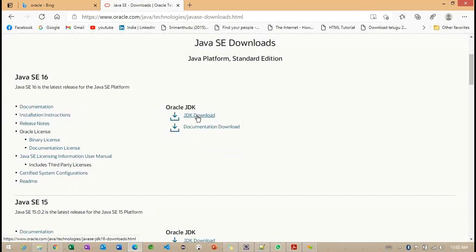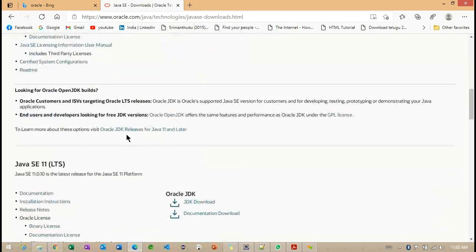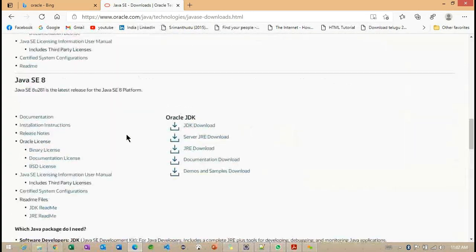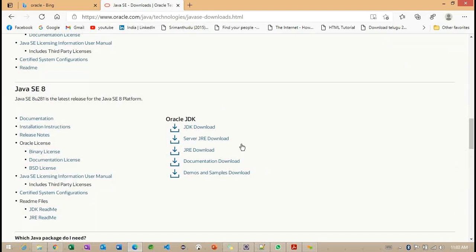You can see here the JDK download. This is SE 16, 15, 11, 8, 7. These are the versions we have here.